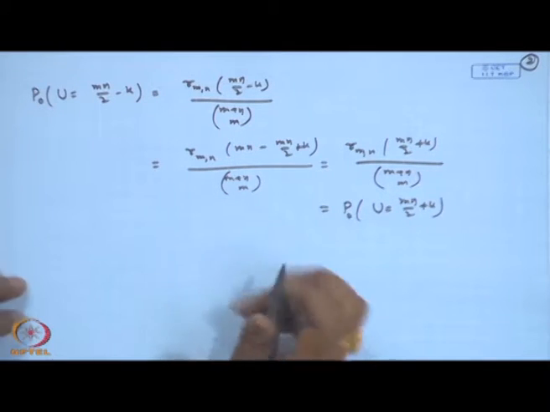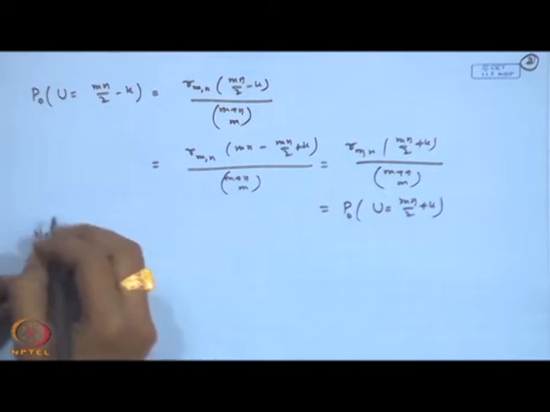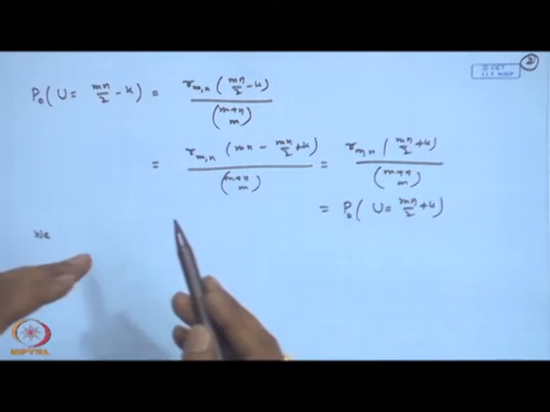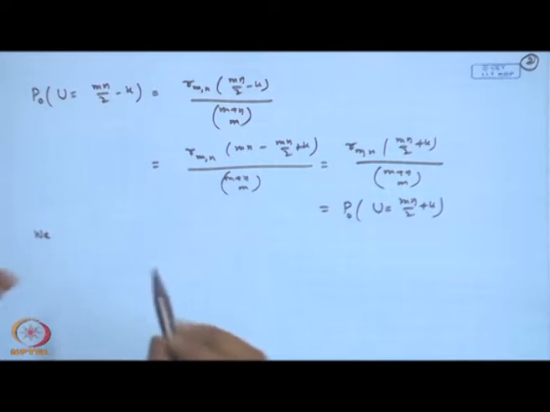We further derive the distribution of U. In general, if I have m and n values, then what is the probability of U equal to u? As I have written, it is R_{m,n}(u) divided by (m+n choose m). If I take any values of m and n, then it is quite complicated, because at each stage the number of permutations will be very large. So,